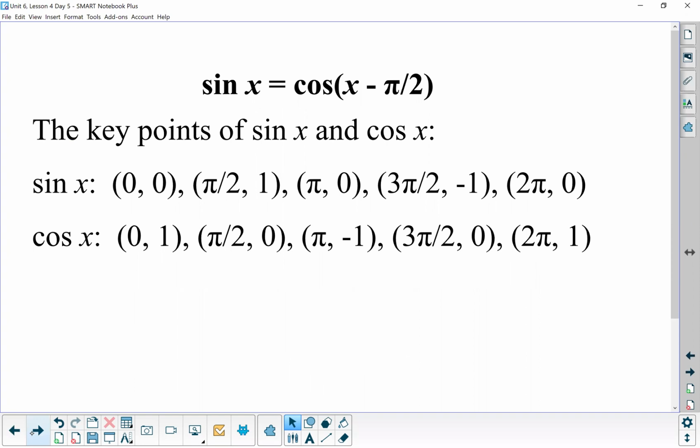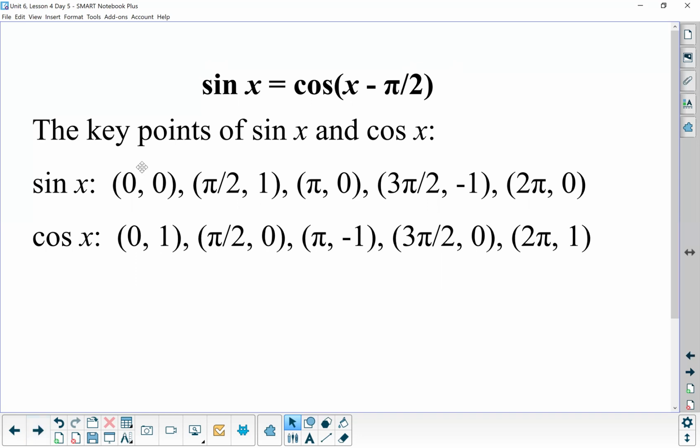So in all of our functions, the sine function is actually the exact same as cosine of x minus pi over 2. So the sine function is a shift of the cosine function, or the cosine function is a shift of the sine function. And if we look at the key points that we've used in graphing,